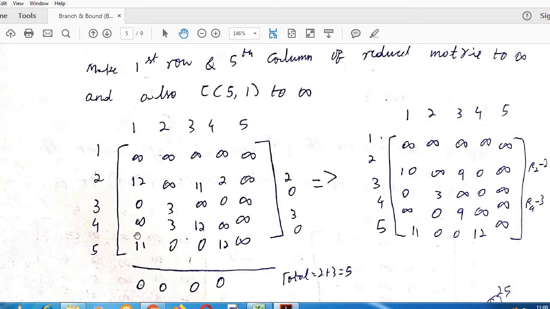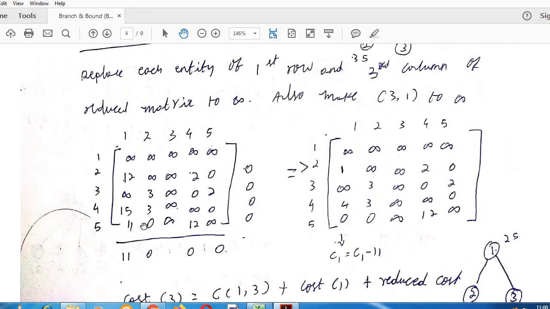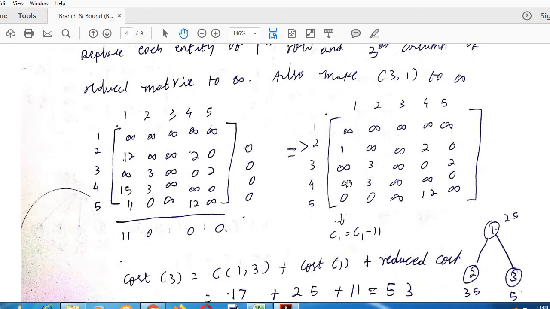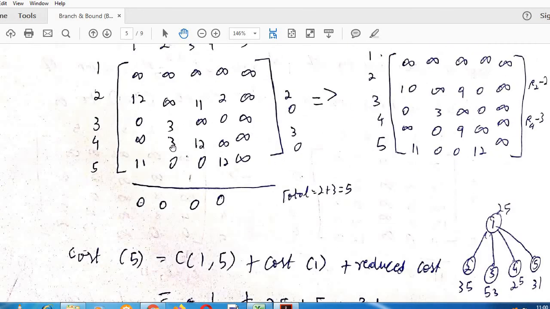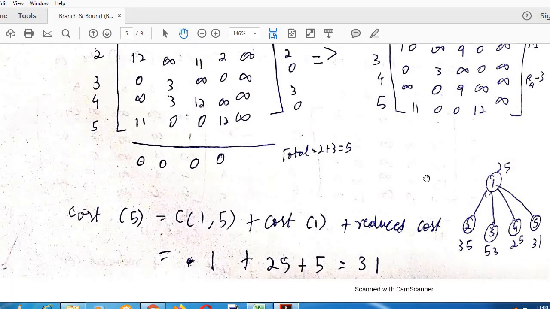When I subtract 3 from the fourth row elements, I will get infinity 0, 9 infinity infinity. As you can see, the fourth row elements are infinity 0, 9 infinity infinity. I think one value will be 4, so I have to make a correction. 4 minus 3 will be 1. So here I think it will be 1. So it will be 1 0 9 infinity infinity. As I told, I will upload the notes again after correction, so you can have a look at that.